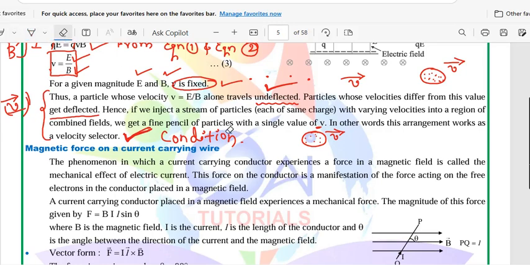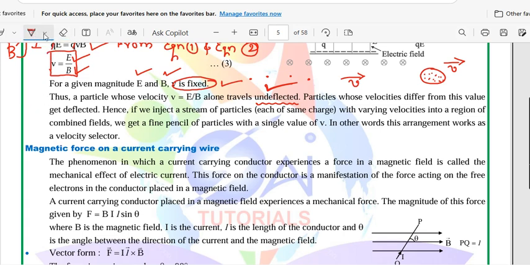Now coming to the next concept, that is magnetic force on a current carrying wire. Magnetic force on a current carrying wire. See, the phenomenon in which a